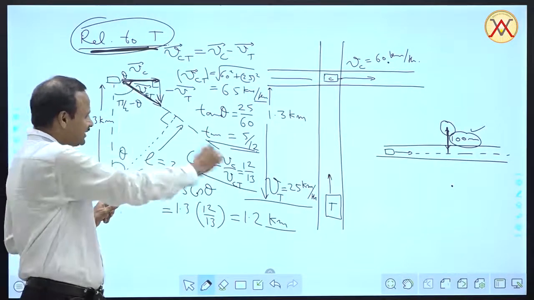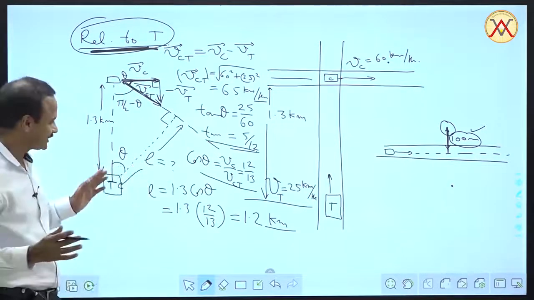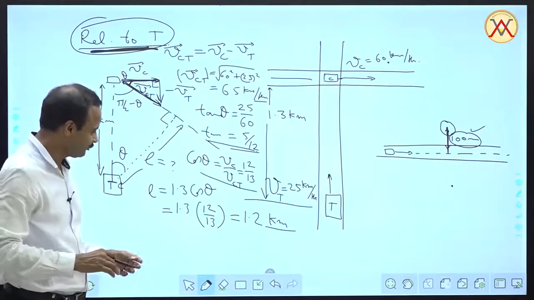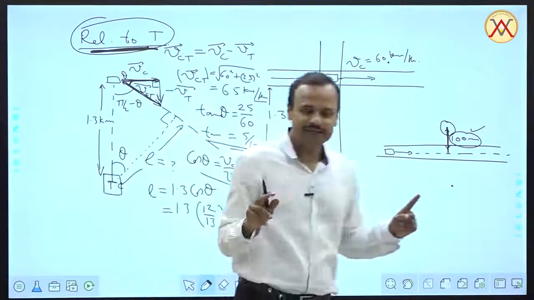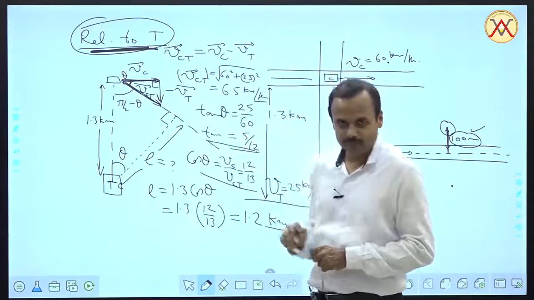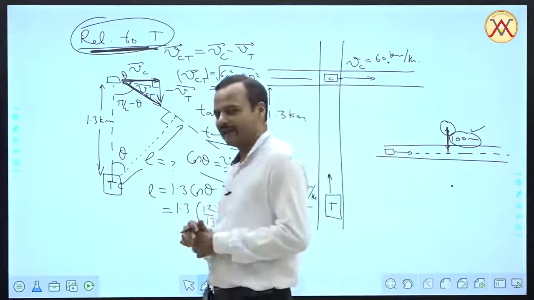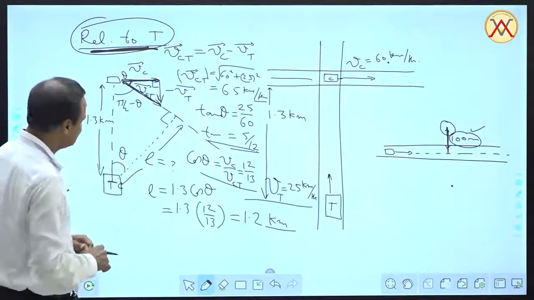Because only one thing is moving, the minimum distance is simply the perpendicular distance. It's a very well known geometrical fact, and we have got its value. We also had to find the time required for this distance to be minimum. How to find that? Again, in this frame of reference, it's very easy.